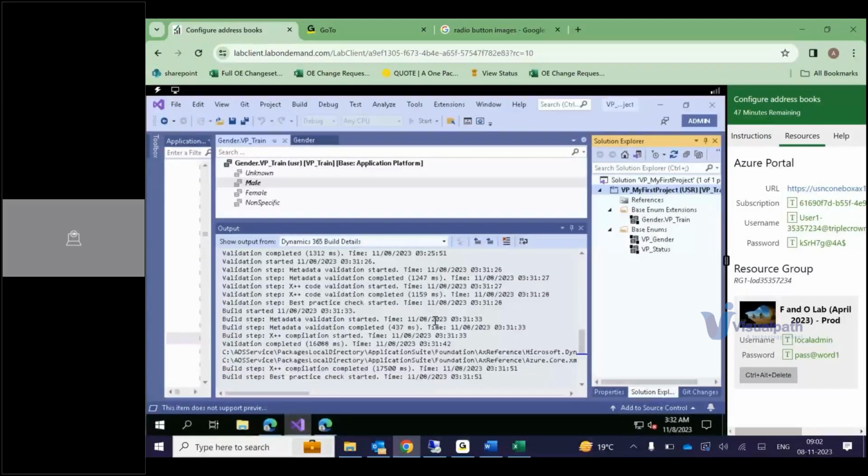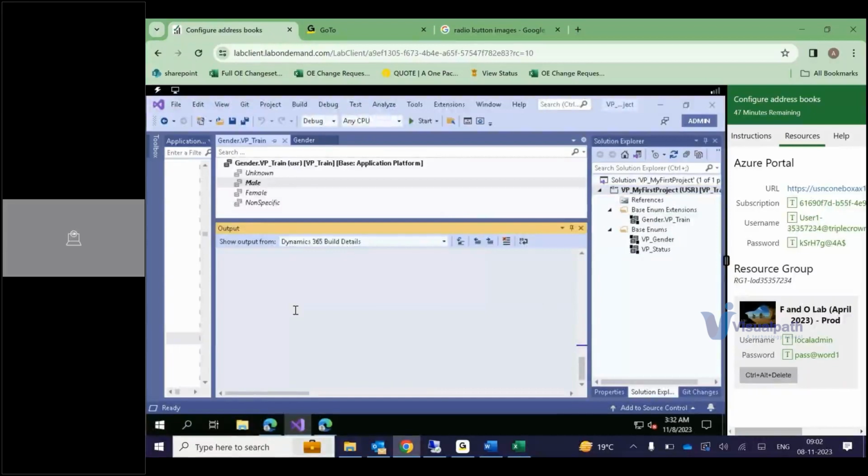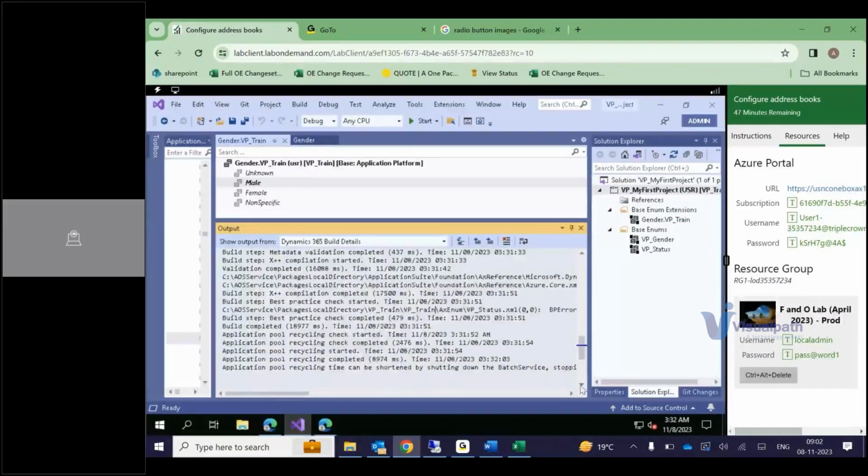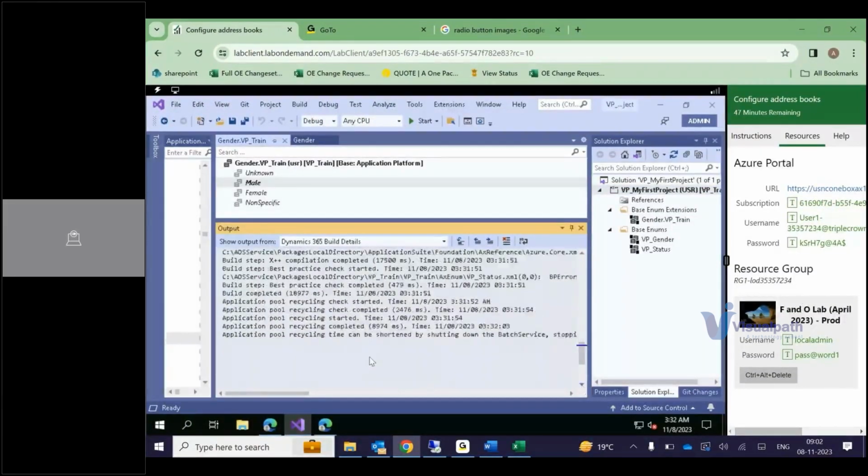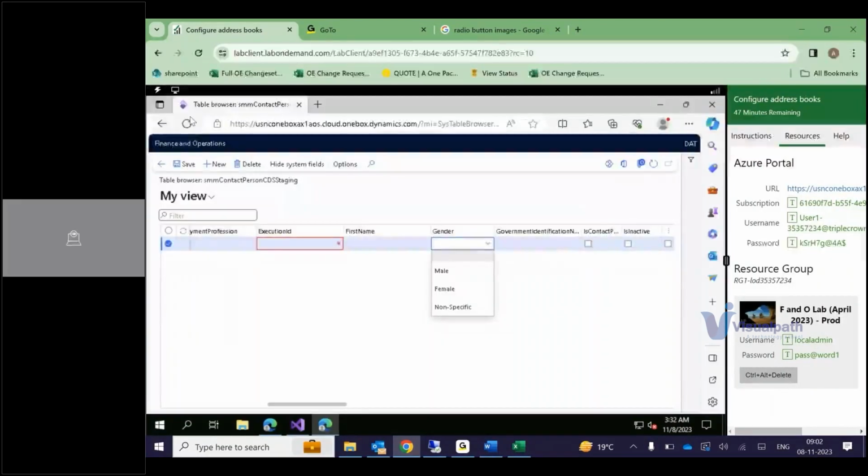You can see here the build completed and there is no error. Application pool, X++ compilation completed; this is the number of seconds it took. Now you can see, if I refresh the table,